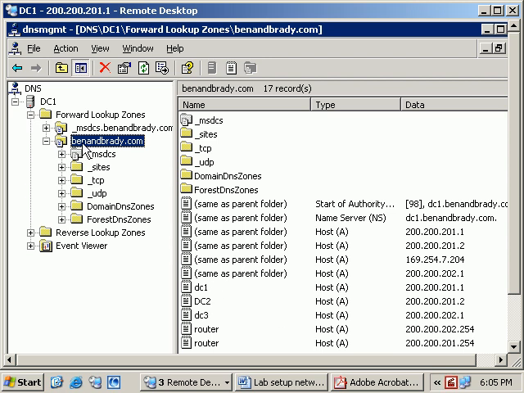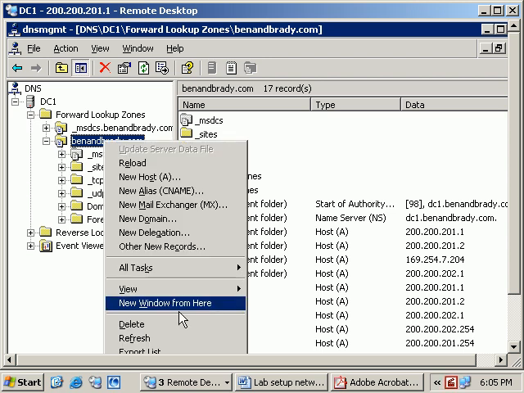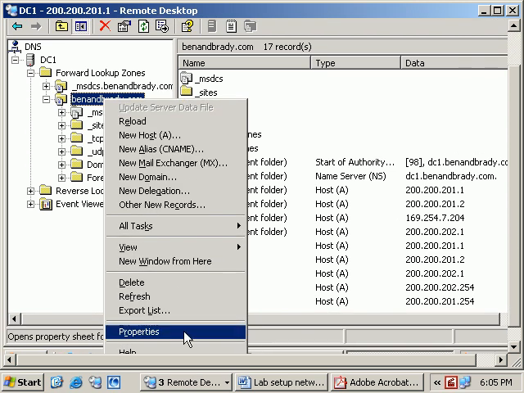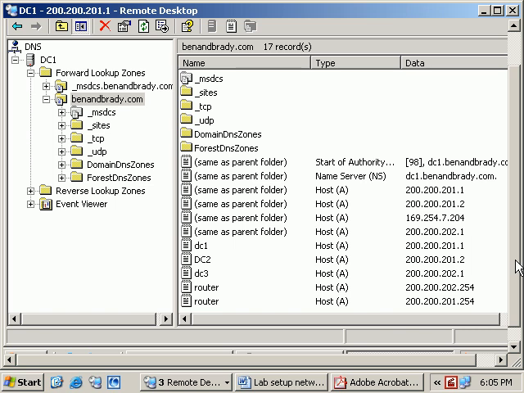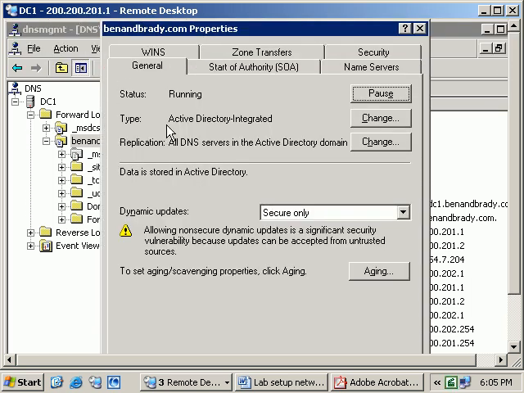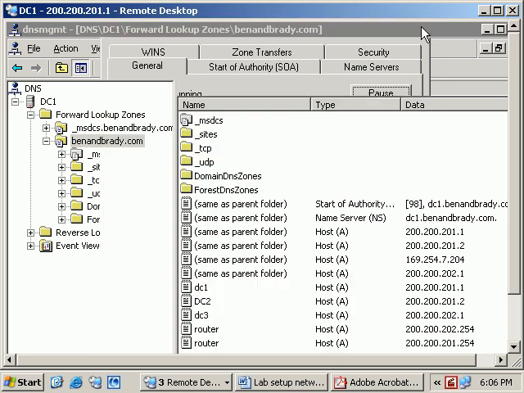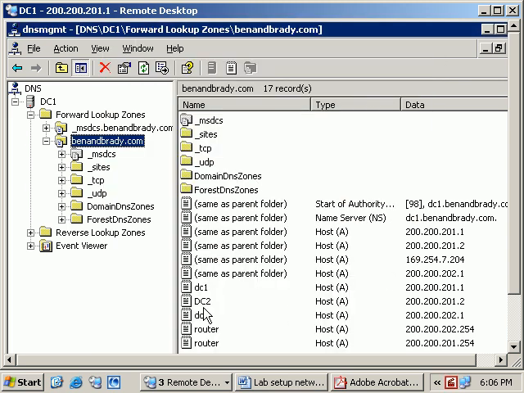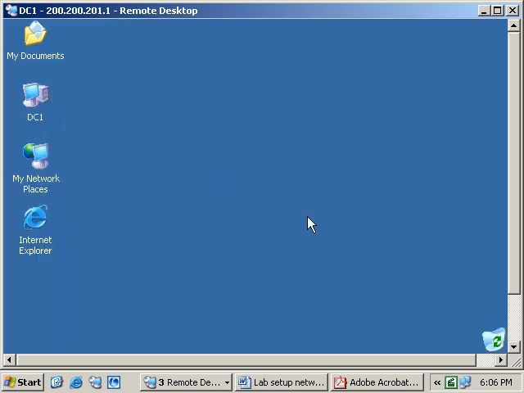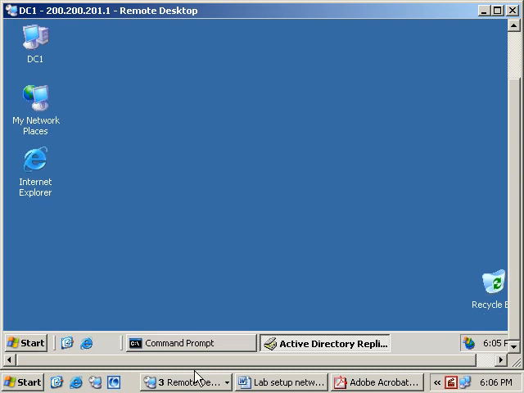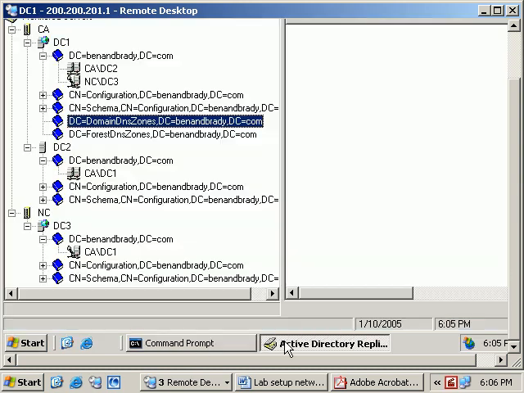However, if you right click on the zone, which is benandbrady.com, and then go to the properties of this zone, you will notice that there are different types of zones. There we go. And the type of zone that we are running is what is known as Active Directory Integrated Zone, meaning that the information in this particular zone, namely the listing of computers and their IP addresses, is part of the Active Directory. So every time the Active Directory replicates with other domain controllers, it is also replicating the DNS information with other